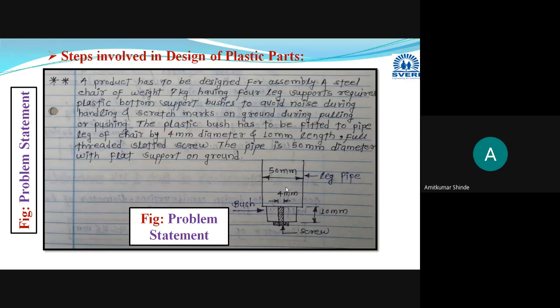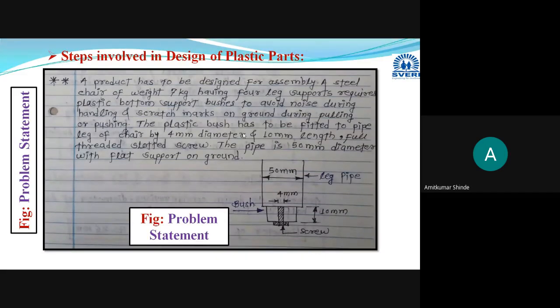For all four legs, you have to provide four bushes with a boss. Now you have to decide the dimensions of this bush with the boss. That means here you have to design a bush and the boss and all its related dimensions, and this is the given data: a steel chair having weight 7 kg, it has four legs, and at the bottom